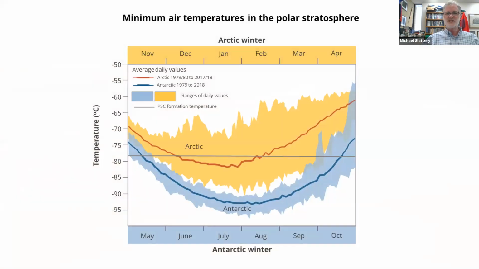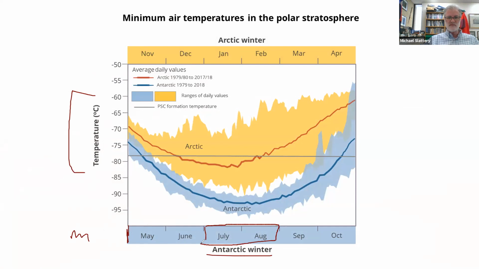Now, here's another way. I thought, how do I show this, right? Here's another way to show the importance of the temperature. So what you're looking at here is temperature in degrees Celsius on this axis over here. And I've got Antarctic winter on the bottom axis here. So that's South Pole winter, right? South Pole winter, March the 23rd, today the sun goes down. By May, we're in the South Pole winter. By the middle of July, those penguins are freezing, right? South Pole winter. The North Pole winter starts in November, December, January, when it is our winter. Does that make sense? Okay.